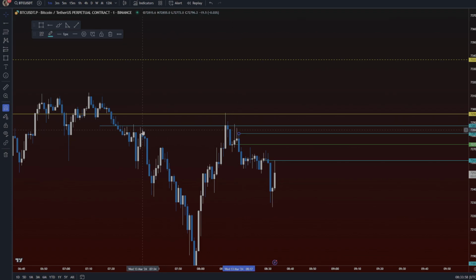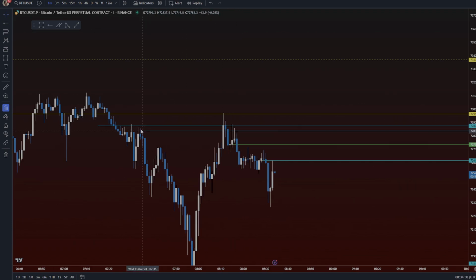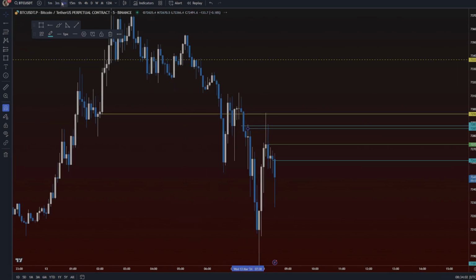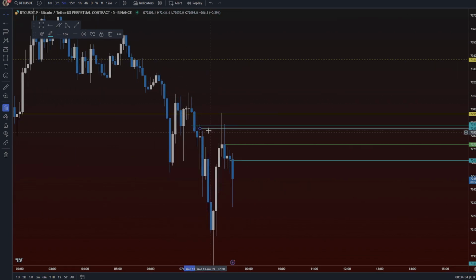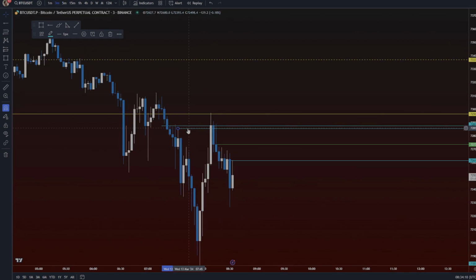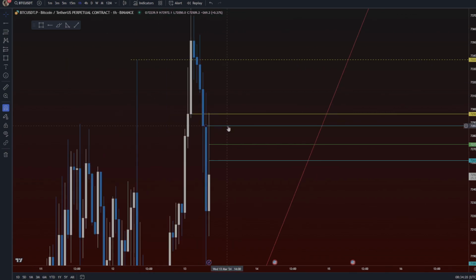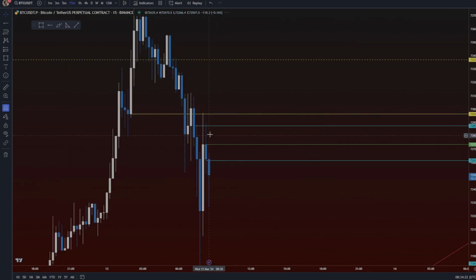I'm sure you have some stuff from here, and maybe even, are there any 5 minute levels? That's something we should check. No, there wasn't. I already checked that. And this 5 is already hit. That 5's hit. That 4, it breaks the hourly. Is there any 3 minute OGs, origins? Not really. No, not really. The only other thing you have is maybe it can test that, but I wouldn't put money on it. Kind of just breaking the move at that point. Hourly is rejection, which is already hit.